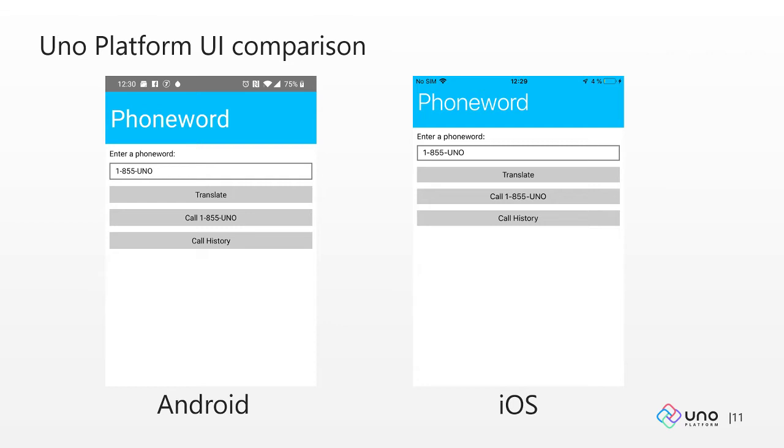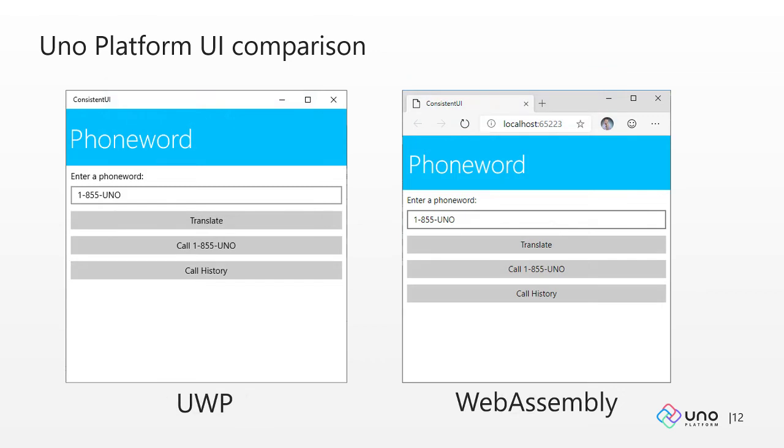And it's also easy to style, so if you don't like this style, you can just replace it with anything and it will work. The same goes for UWP and WebAssembly, and as you can see, even here the design is the same and it's doing what you expect.